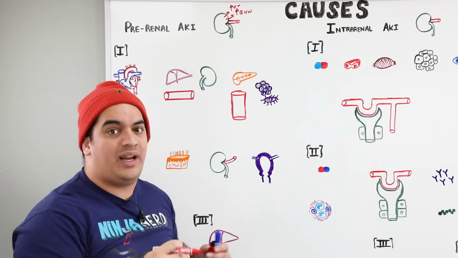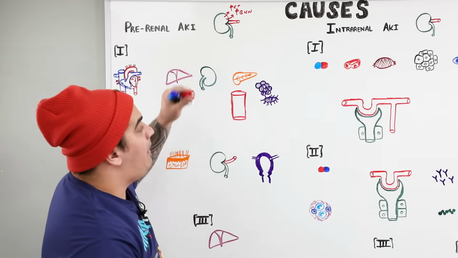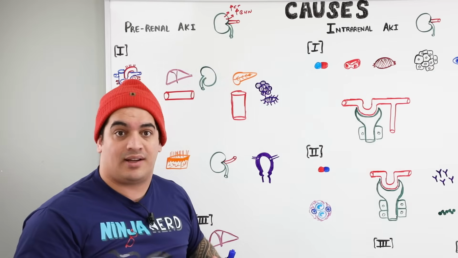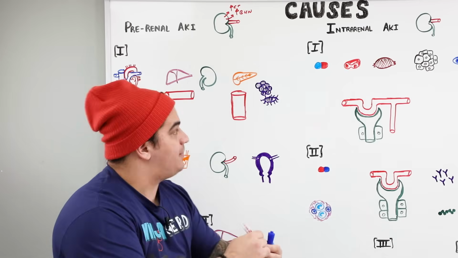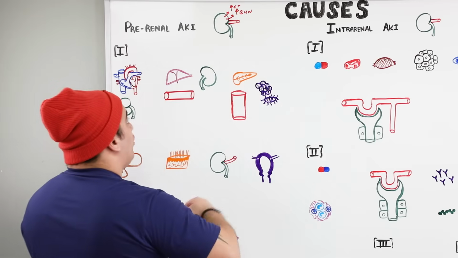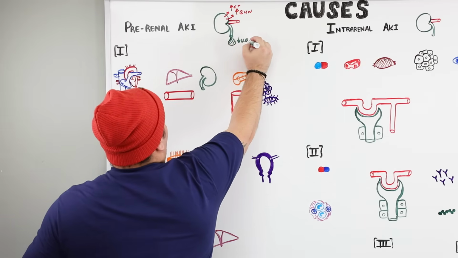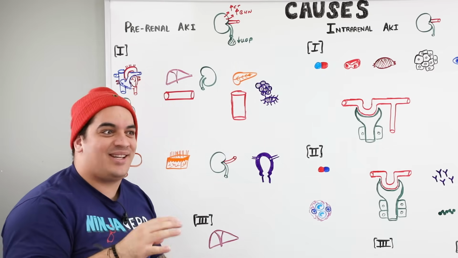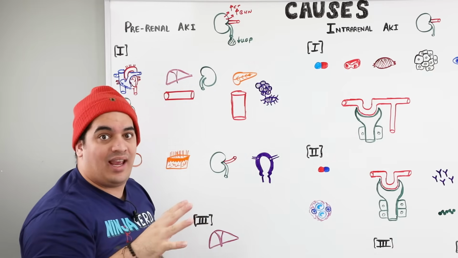We'll talk about pre-renal AKI, intra-renal AKI, and post-renal AKI. The other thing that may happen as a result of the kidney being injured is not just an increase in these metabolic waste products because of the decreased ability of the kidney to excrete or filter them, but also the ability to make urine goes down. As a result, they develop a decrease in their urine output. The particular causes are easily remembered as pre-renal, intra-renal, and post-renal AKI.